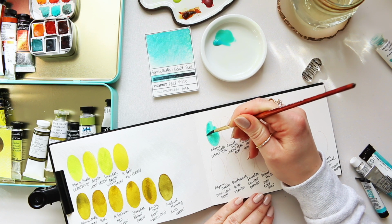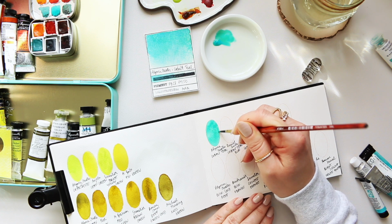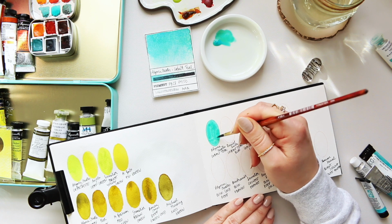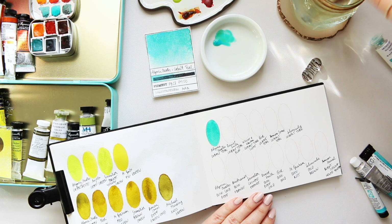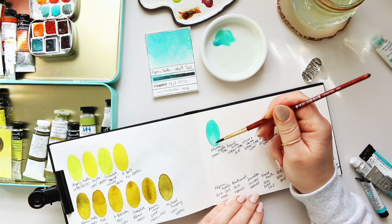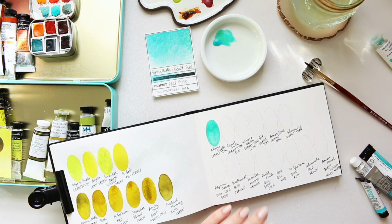As an artist, I have learned throughout the years that it is lovely to have convenience colors. And I have been mixing these colors for many years until I decided to create my own palette that has all these mixes in there, and I no longer need to mix them. I can just squeeze them out of the tube and hey presto. So that's the idea behind my watercolors. So next one